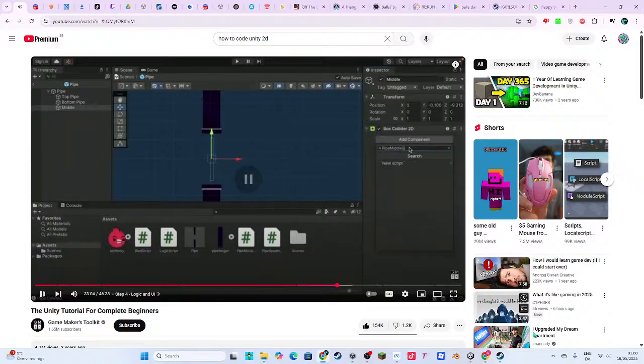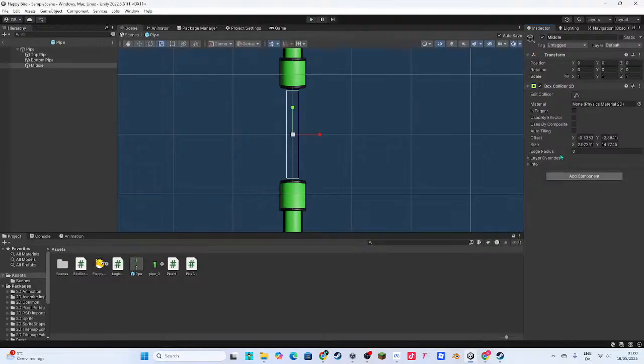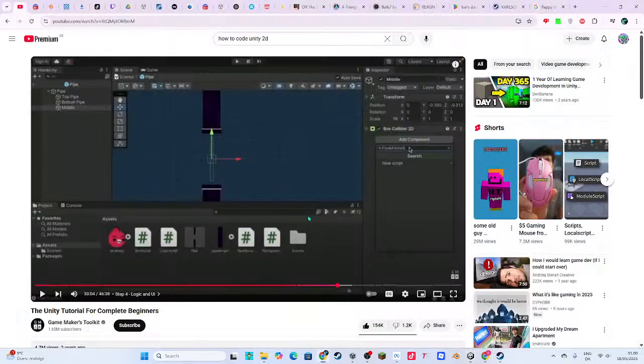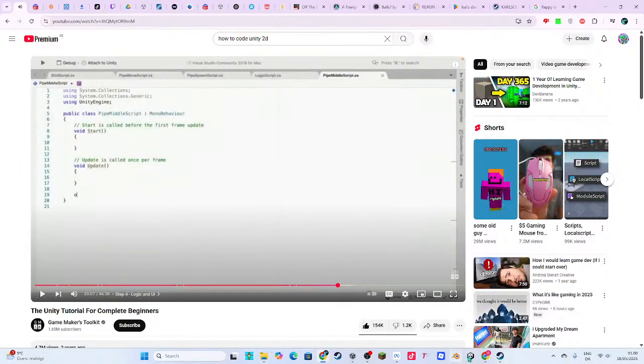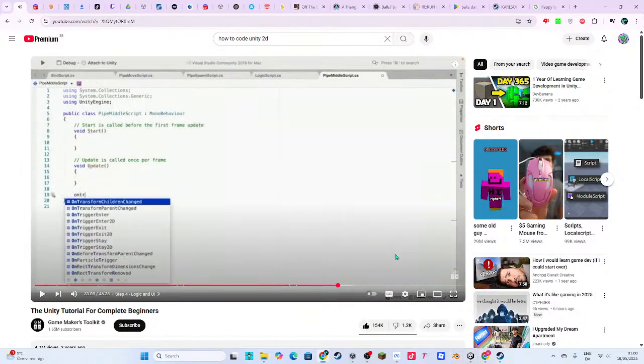Finally, let's add a script to this new middle game object. Pipe middle script.